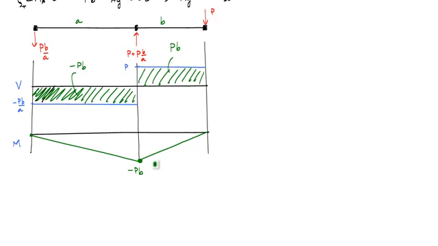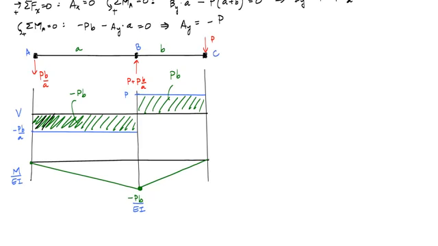My curvature diagram, because EI is constant, is just straight up dividing by EI. So M divided by EI, and the shape is going to be the same. Everything is just divided by EI. So that's my curvature diagram. Alright, so that was the easy stuff, that shear and moment diagram and reaction stuff, that was all back in statics. Now comes the real stuff, which is applying the moment area theorem to figure out this deflection under point